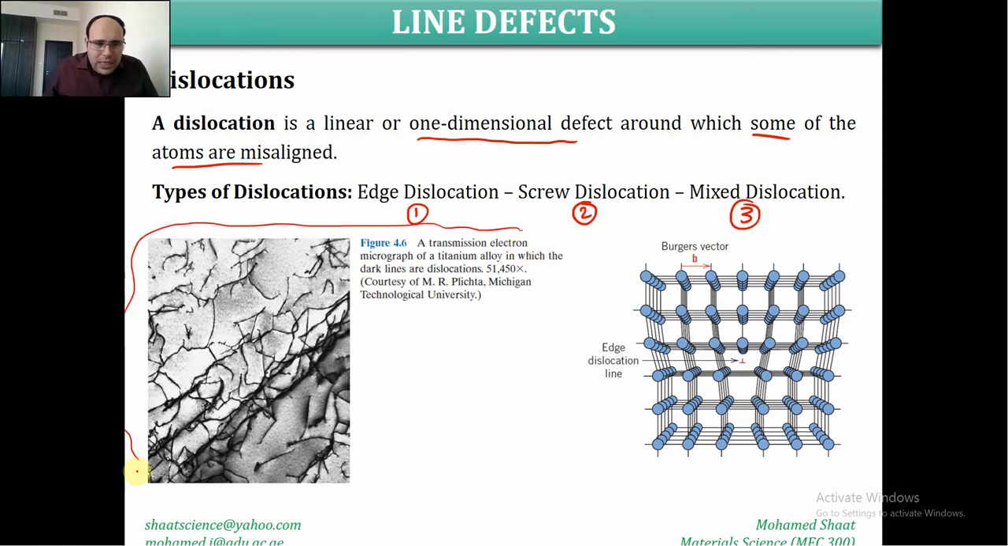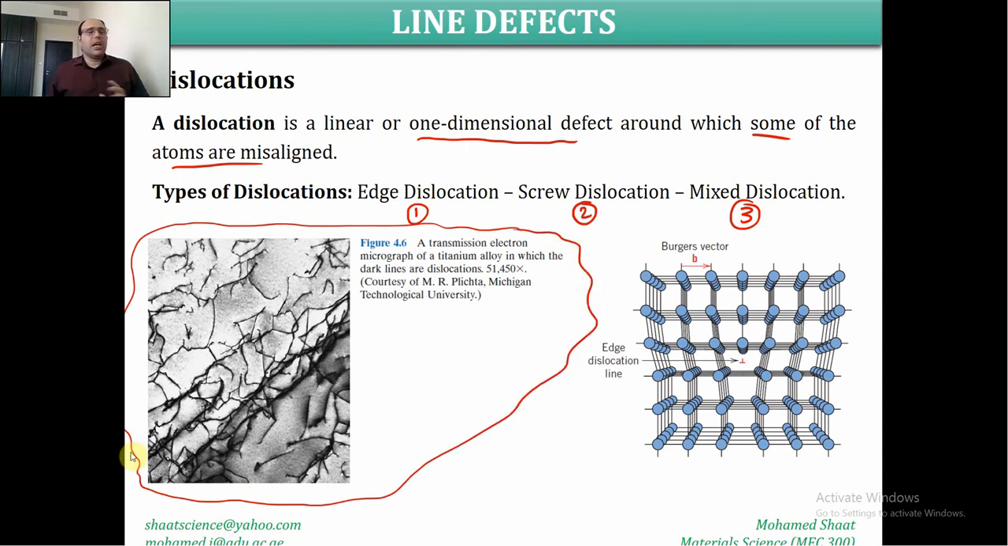This is how we see the dislocation inside the material structure through the TEM, the transmission electron microscope. When we look at this material structure, this is how we are going to see the dislocations. This represents only one crystal, one grain inside the material. As we discussed before, a polycrystalline material is made of multiple crystals, and every one